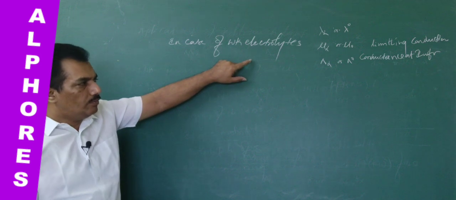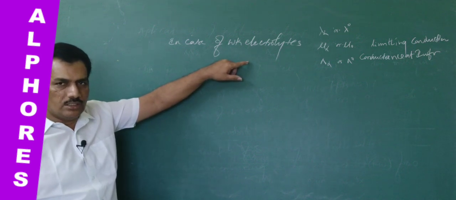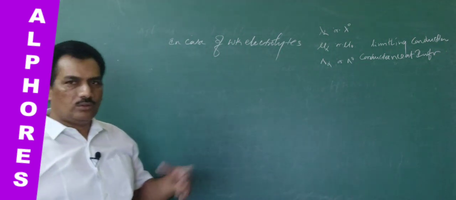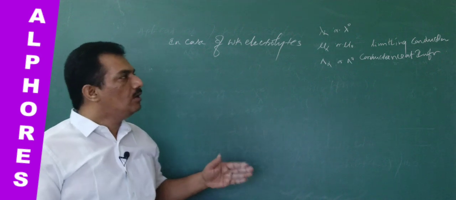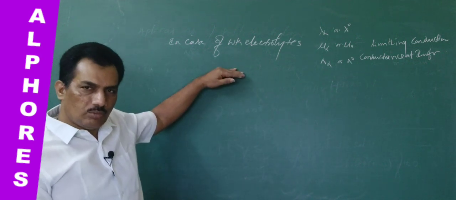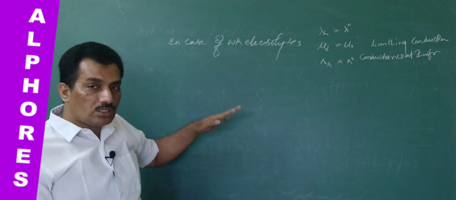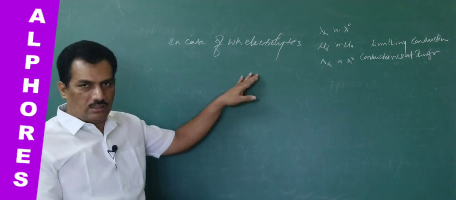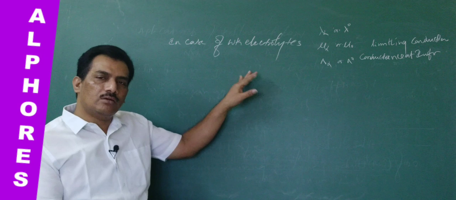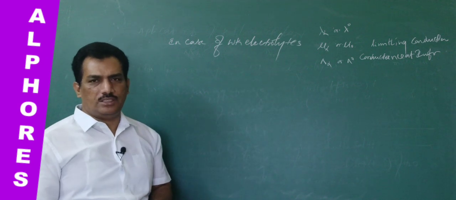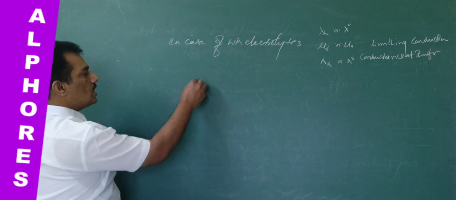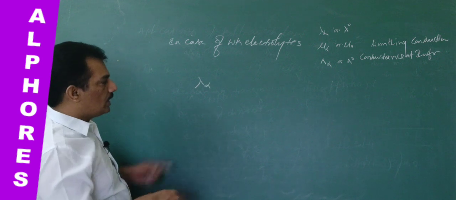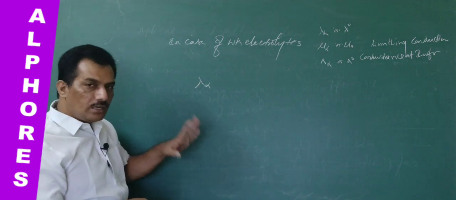Clear? One of the best examples is the Onsager equation. It is useful only in case of strong electrolytes and totally failed in case of weak electrolytes, and from then onwards we discuss Kohlrausch law. We apply Kohlrausch law to weak electrolytes, and before applying that we had much discussion in the previous sessions. Now, when Kohlrausch law considers lambda infinite, remember, I am making you recollect, lambda is ionic conductance.